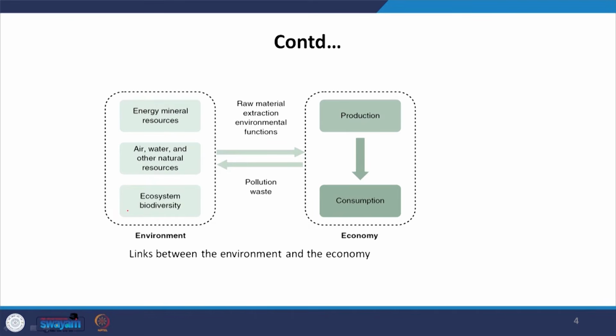From this diagram you can see the interrelationship between the economy and environment. We can divide the economy into two sectors, one is the production sector and the other is the consumption sector. And when we produce certain kinds of goods and services, we also release certain waste. So, we get the resources from the environment which are used as input in the production process, and when we produce the final products, we also produce bad products, and these bad products are absorbed by the environment, and that is called the assimilative capacity of environment.